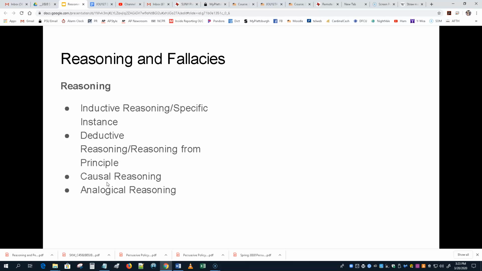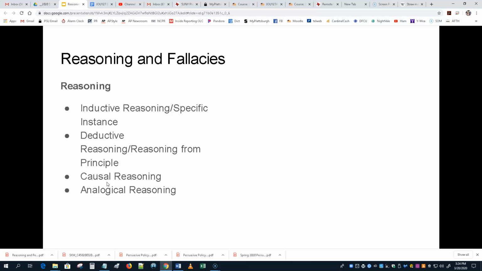And then analogic reasoning, or reasoning by analogy, which I didn't write down here, but that's probably a better way to say it. Reasoning by analogy is because one thing is true, therefore another, similar thing must be true. The example given in your textbook is if you're good at tennis, you'll probably be good at ping pong because they're similar. But are they really similar enough? That's the problem with reasoning by analogy. So these are all valid forms of reasoning, but they could all also have problems in the specific cases that you use them. In addition to these breaking down,